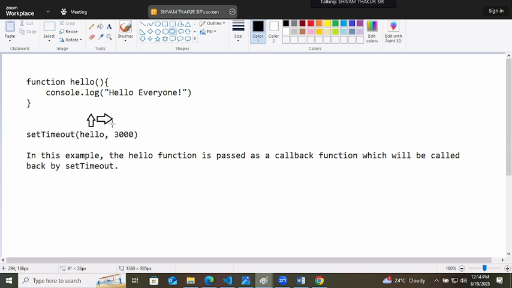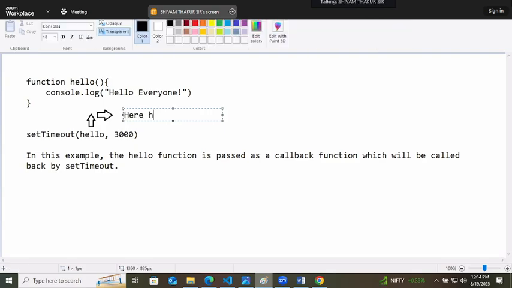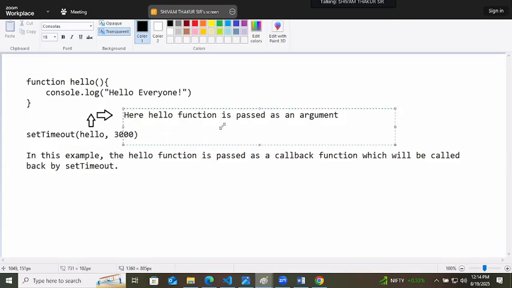So what is happening in this case? Here, the hello function is passed as an argument.